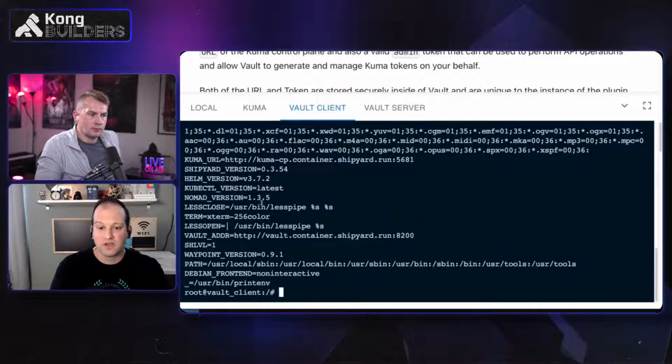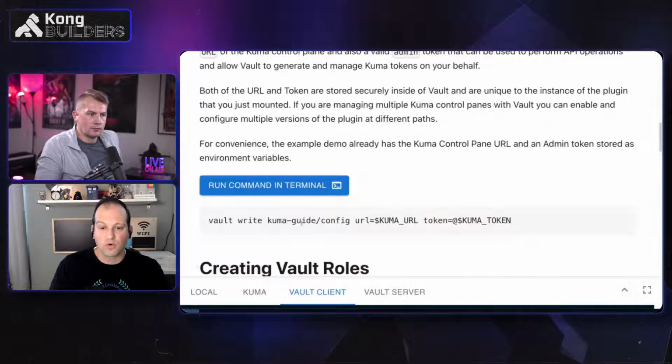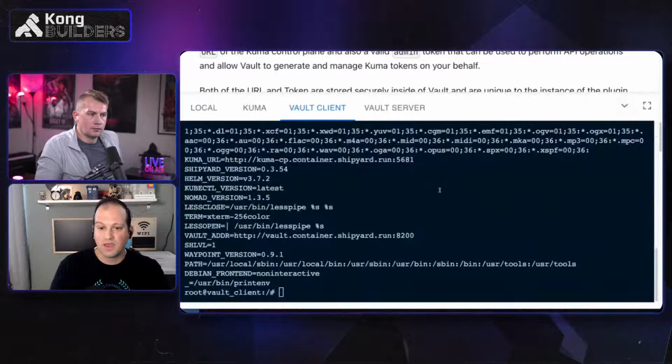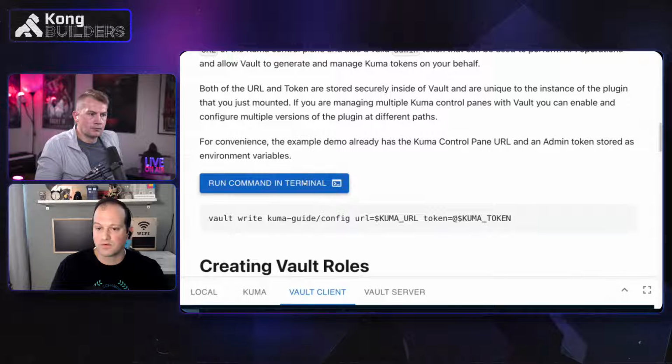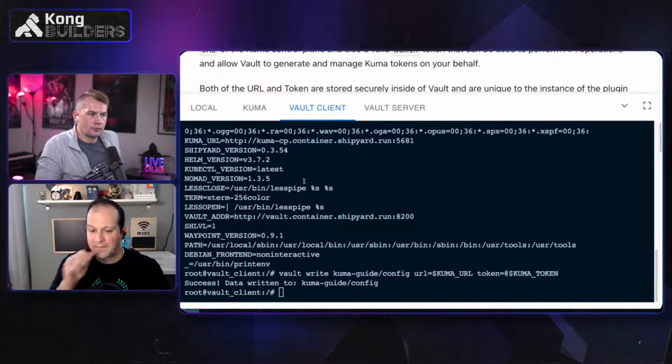But I have set, in here, the Kuma URL as an environment variable. So what we're going to do is write the URL and then also the Kuma token. And the Kuma token is in here as well. And it will pull that in.